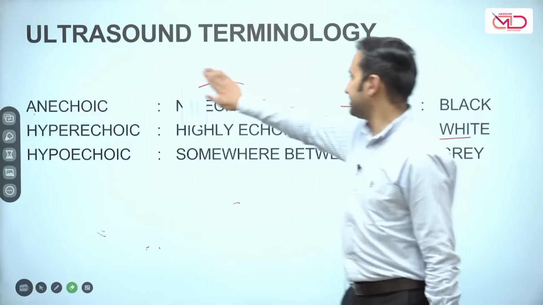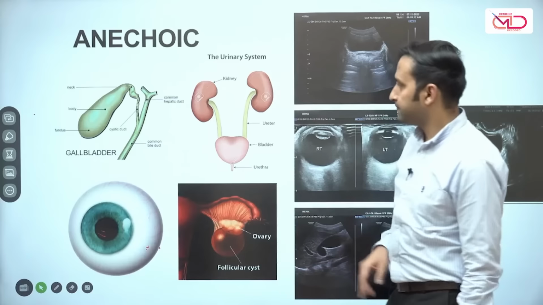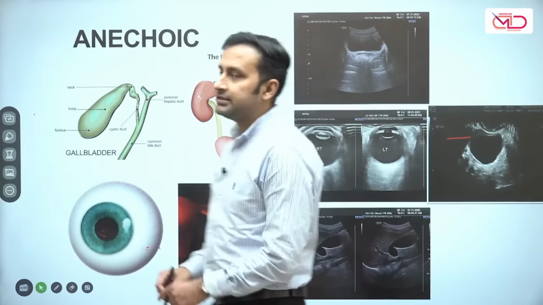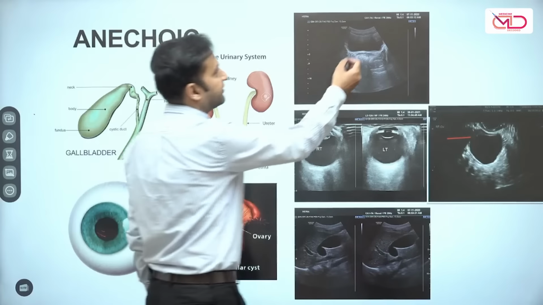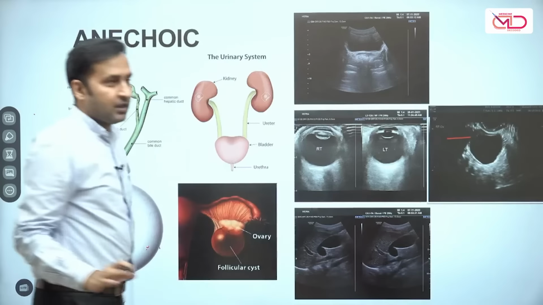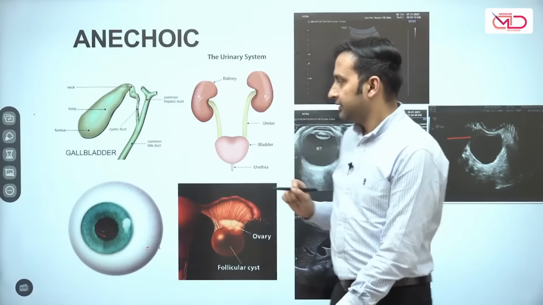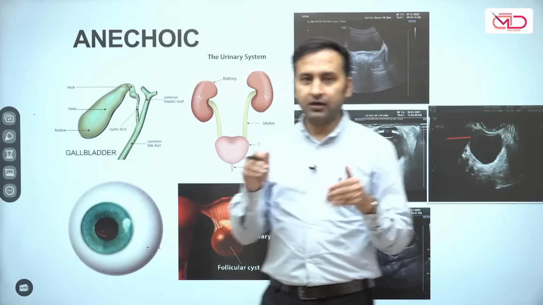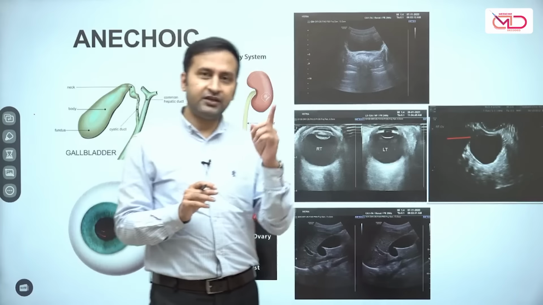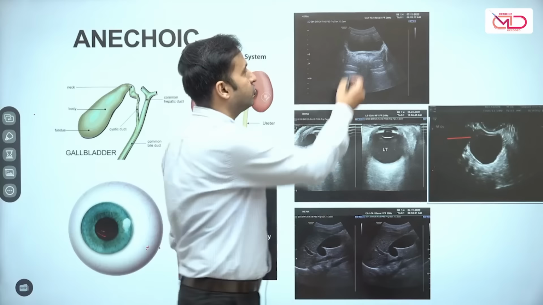So with these words, let us see the common things that we see in our day-to-day life on sonography. Starting off with this particular image, we can see that there is a substance which is giving us a black color. Before I go ahead, I'll tell you one more thing. One more funda of ultrasound is that the ultrasound beams travel in a parallel direction, like X-rays or any other rays. So the thing that is going to strike the ultrasound beam first is going to appear closest to the screen.